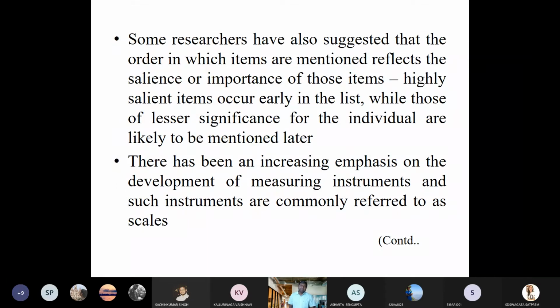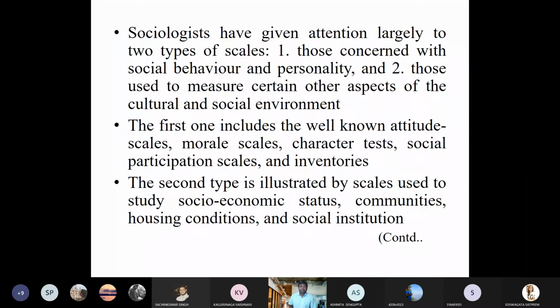There has been an increasing emphasis on the development of measuring instruments, and such instruments are commonly referred to as scales. So people keep on developing lots of instruments, and those instruments are referred to as different scales. Sociologists have given attention largely to two types of scales, those concerned with social behavior and personality, and those used to measure certain other aspects of the cultural and social environment. So based on that, we used to